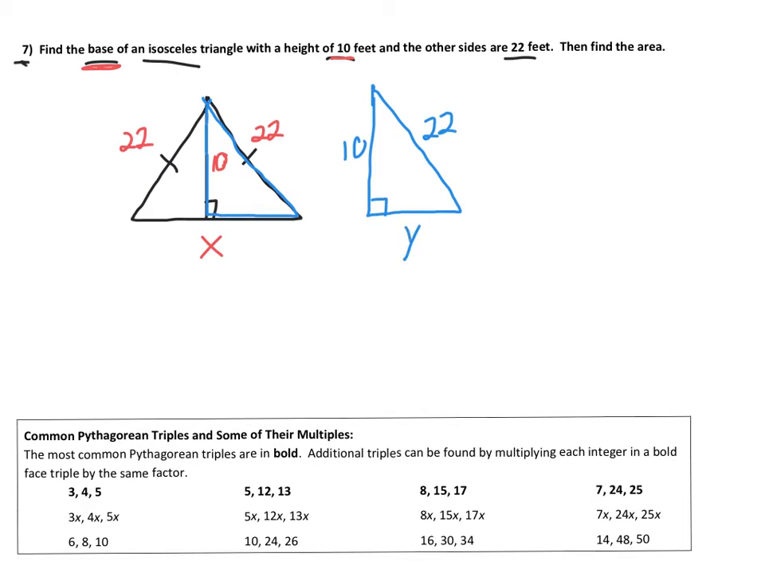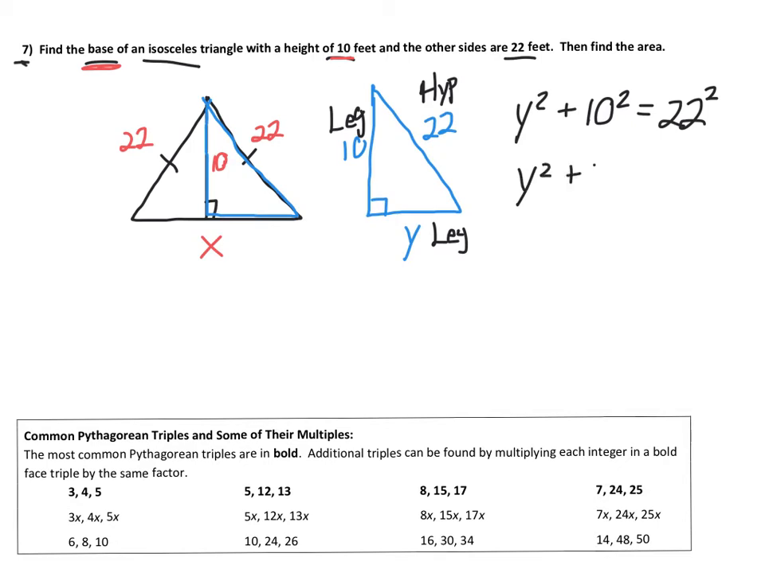Well, in a right triangle, let's label our sides real quick. 22 is my hypotenuse. It's across from the right angle. 10 and y are my two legs. So let's plug these into our Pythagorean theorem. I end up with y squared plus 10 squared equals 22 squared, my hypotenuse squared. So I'm going to end up with y squared plus 100 equals 484. And after I subtract that, I'm going to have y squared equals